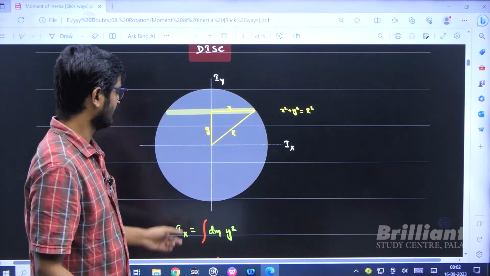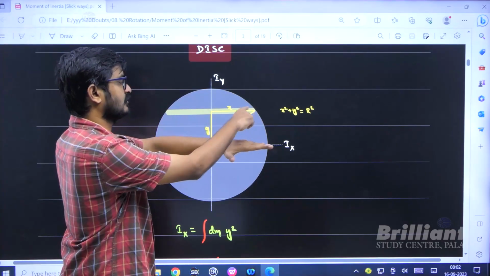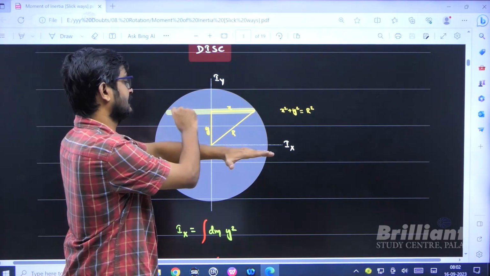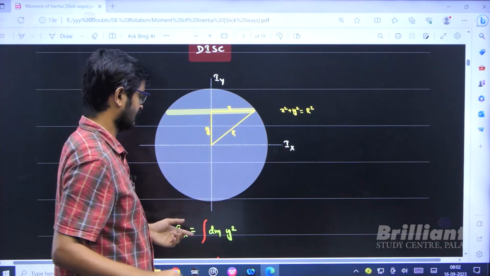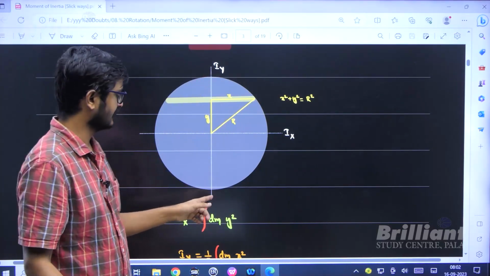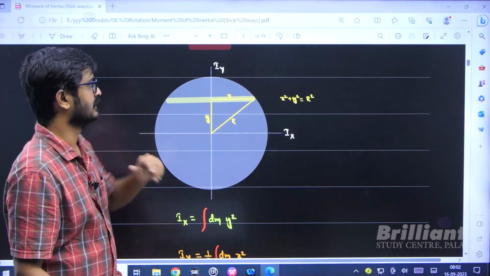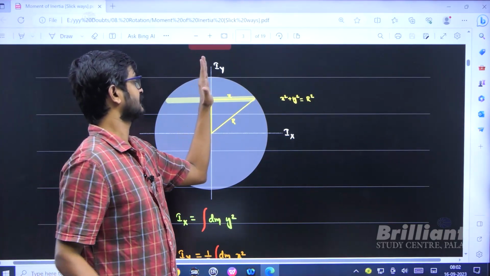Now if I want to find moment of inertia about x axis, then all the masses are at equal distance, so moment of inertia is going to be this mass into y square, that mass into y square for that rod. But if I want to find for the entire disc, I need to integrate, so that's the moment of inertia about x axis. Now if I want to find moment of inertia about y axis, that is a rod,